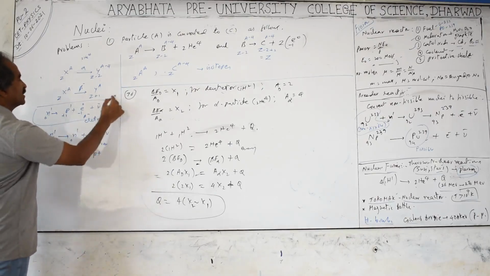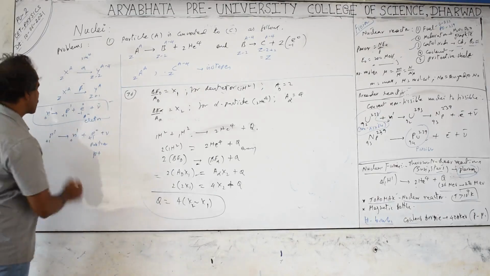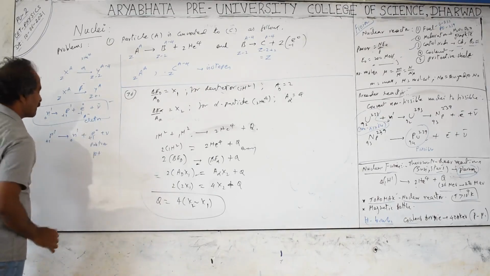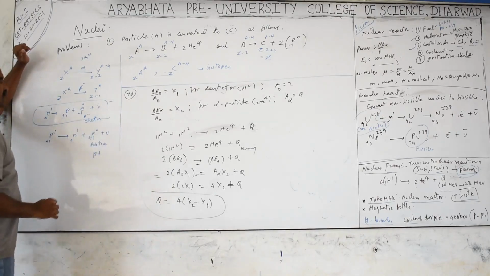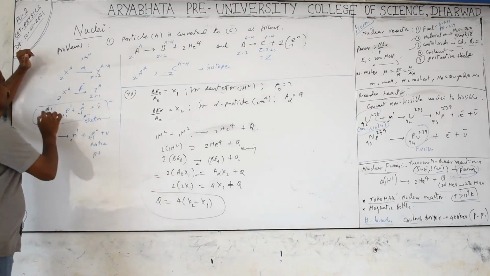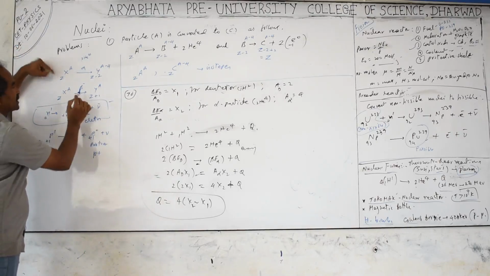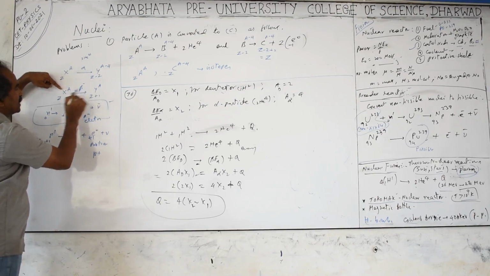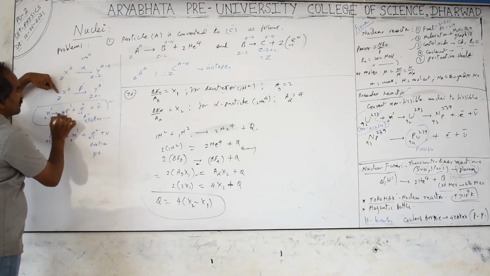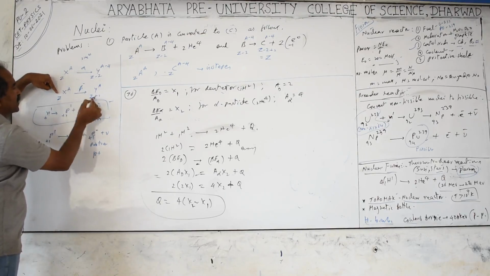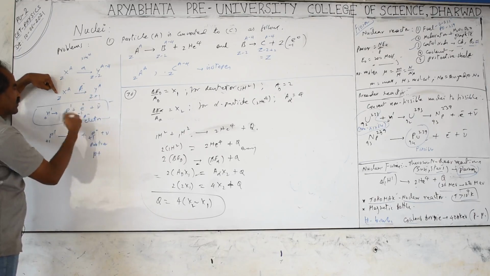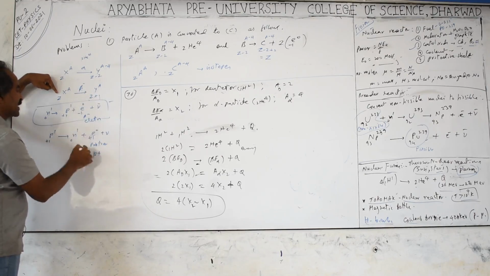In most cases we get beta minus, but some radioisotopes can produce even beta plus also, in lighter radioactive nuclei. So a neutron converted to a proton produces beta minus. Whenever one beta minus particle is produced, the proton number increases by 1 unit. The mass number remains the same. So proton number increase means Z increases by 1 unit. 1 beta particle means Z plus 1. 2 beta particles means Z plus 2.